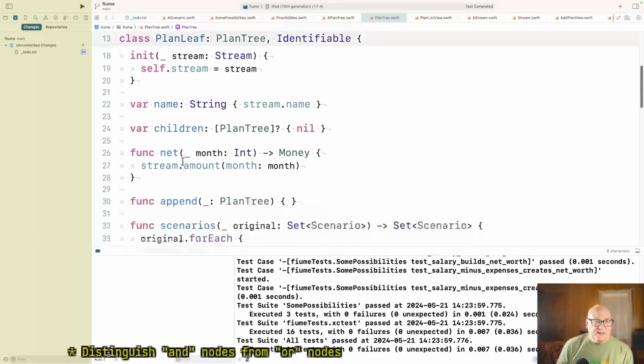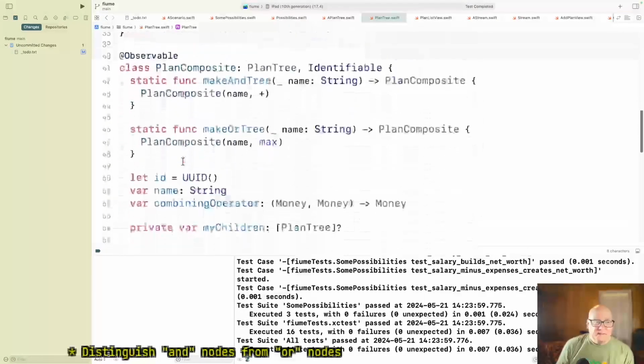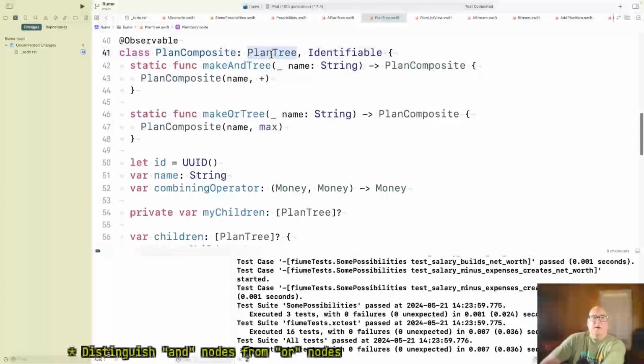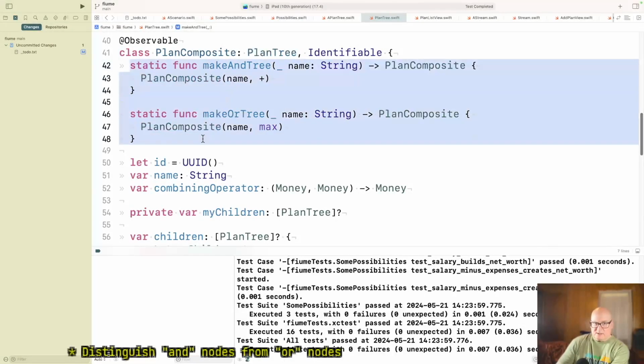All right. So plan leaf. It's not leaf, it's composite that's the troublemaker. But notice we did this thing of pulling out the constructors for the two separate things rather than making somebody make composite with the composite constructor with the right combining operator and all that stuff. That's going to be easy to fix.